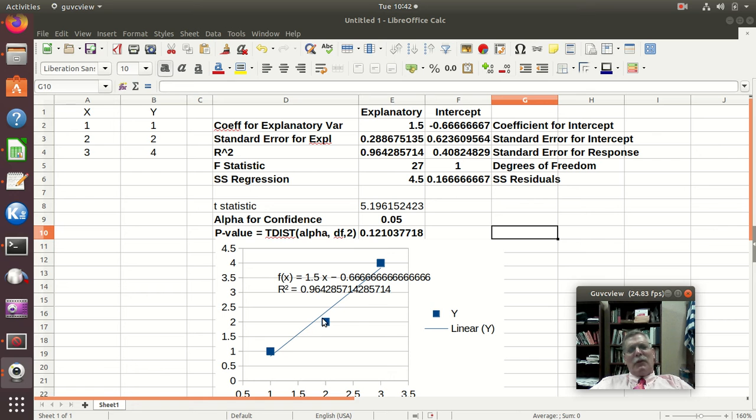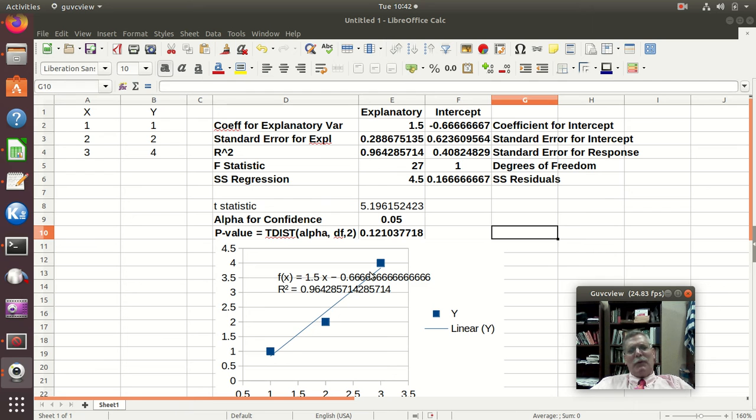I would need to say, oh, I failed to reject the null hypothesis. The slope certainly could be 0, actually. And look at the size of that slope from the fit. It's 1.5. But no, statistically speaking, probabilistically, there's a 12% chance I could get data that look